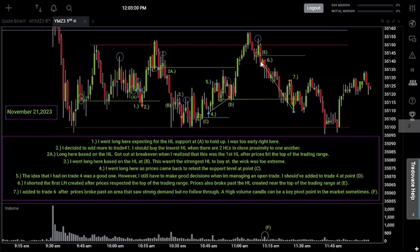And that was pretty significant, because when you add that in combination with the fact that we had a lower high and then they shot past and broke right past that prior higher low, that indicated that there wasn't really that much buying pressure in the market, and there was a whole lot more selling than buying. So right here at E, what I was trying to do was a replication of what I've done